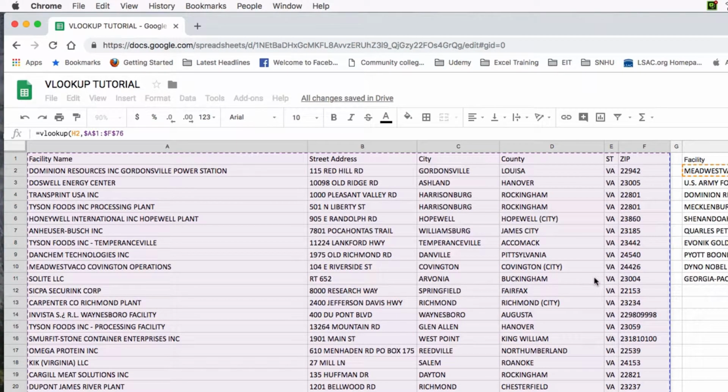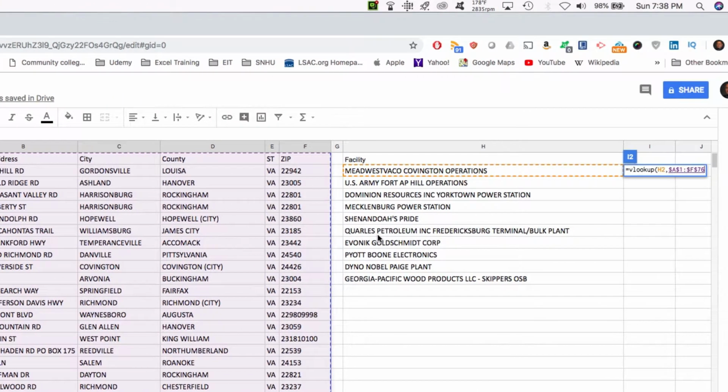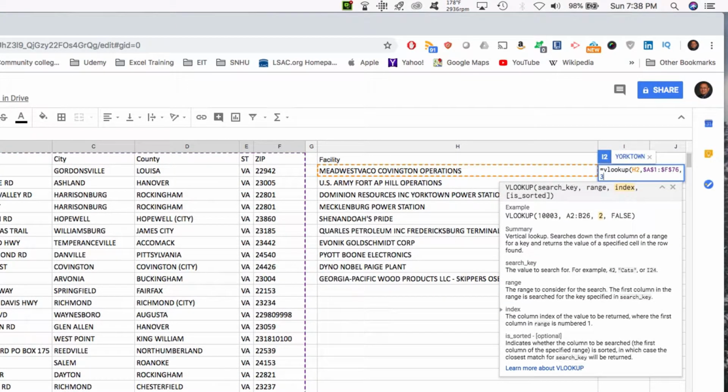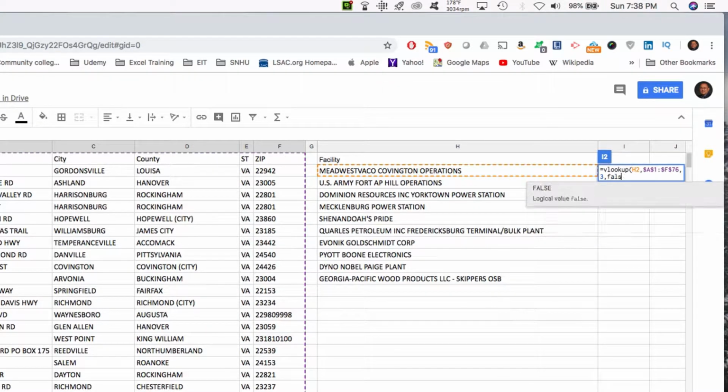So again, we have to count: 1 for where the facility names are, 2 the street address, and 3 is where the city is. Okay, so the next one should be a 3. Okay, and then comma, and then the word false. Okay, so we click enter,